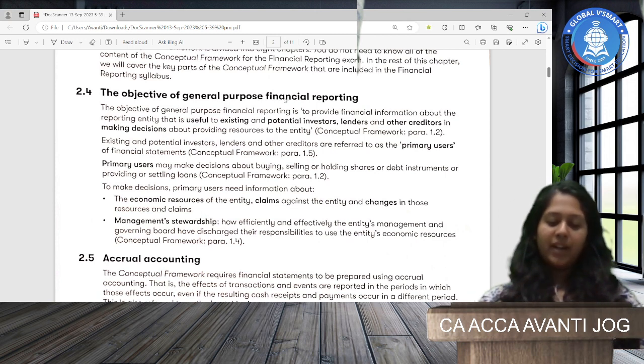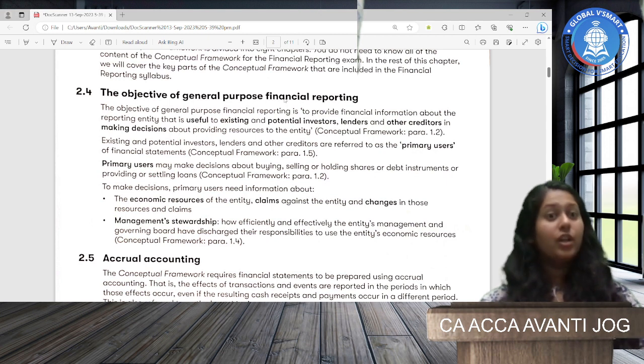So, general purpose financial reporting is basically your balance sheet, your profit and loss, your cash flow, your statement of changes in equity, then your notes to accounts. Correct. So, why exactly are we preparing these financial statements? For who are we preparing these financial statements? When do we need to prepare these financial statements? All of these answers are given with the help of general purpose financial statements. So, let's see them one by one. Okay. First thing,